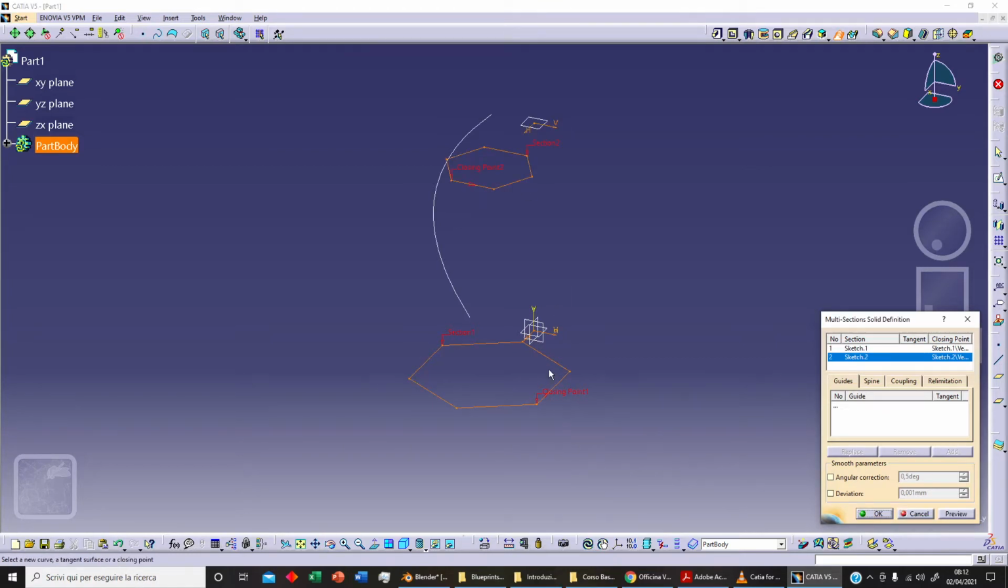And as you can see, clicking on this sketch, we've got two different elements. We've got a definition of our section, but the most important thing that we've got here is our closing point. We've got our closing point for our first sketch, and we've got this closing point on our second sketch. The most important thing that we need to know is that these two different points must have the same orientation. And if I click on preview,